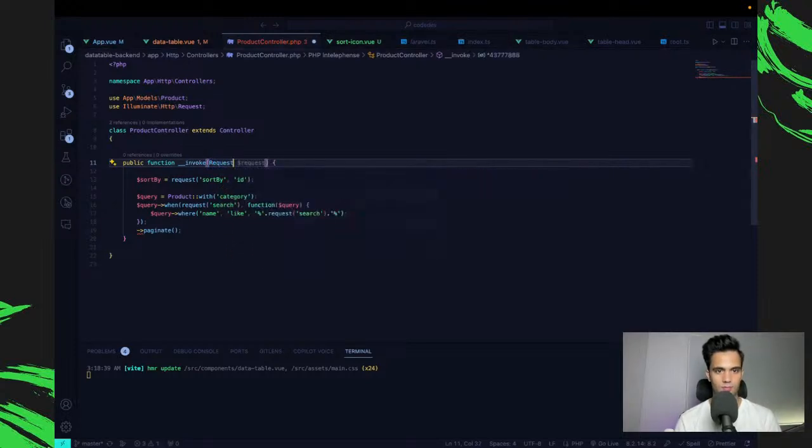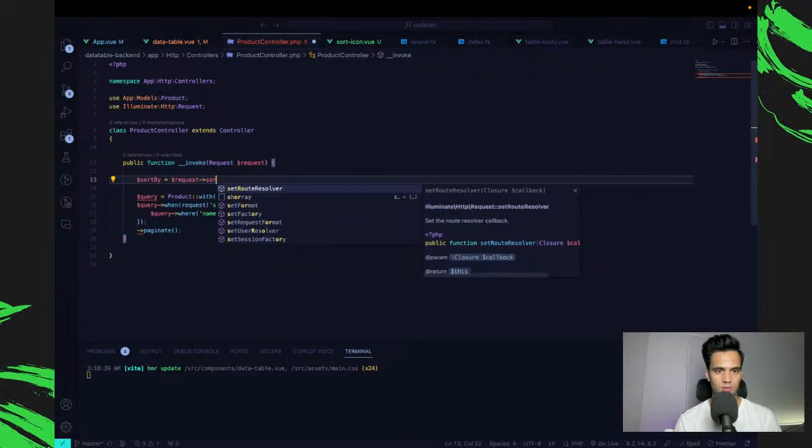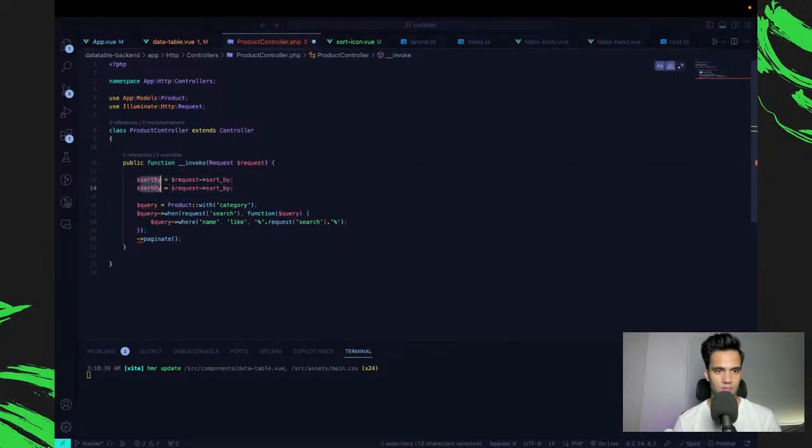Request, and then I can say normally the way that I do is sort by. Not really. Shouldn't it be just request sort by? It should give me sort by, right? And sort order or sort direction. Sort direction.